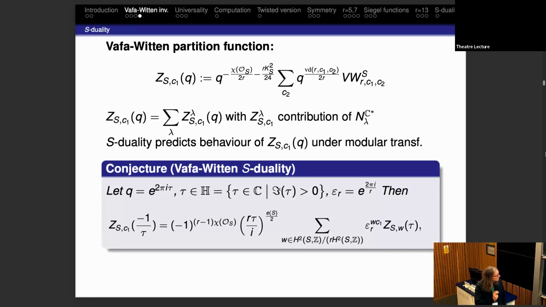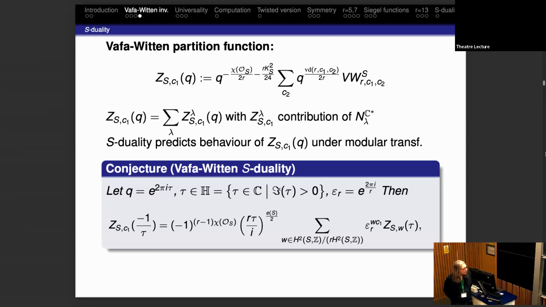And this is the following conjecture. So if now this Q, which for some reason I've always written as Q, I view that as e to the 2 pi i tau, where tau is a point in the complex upper half plane,